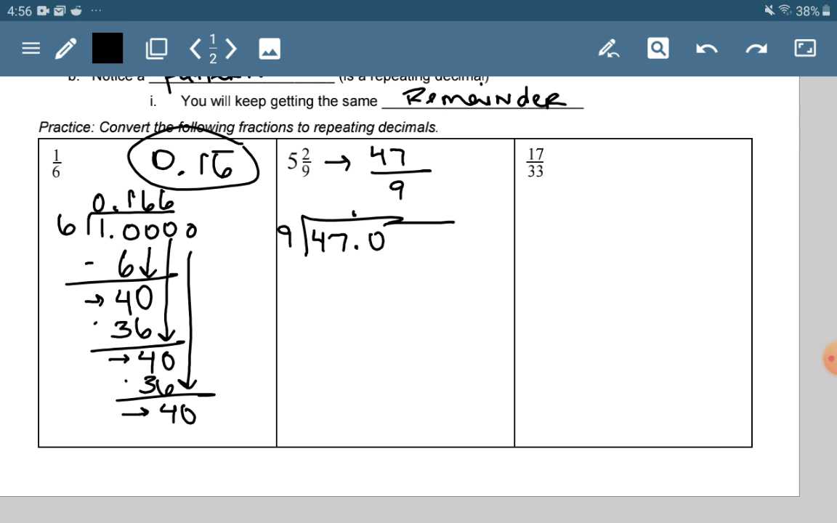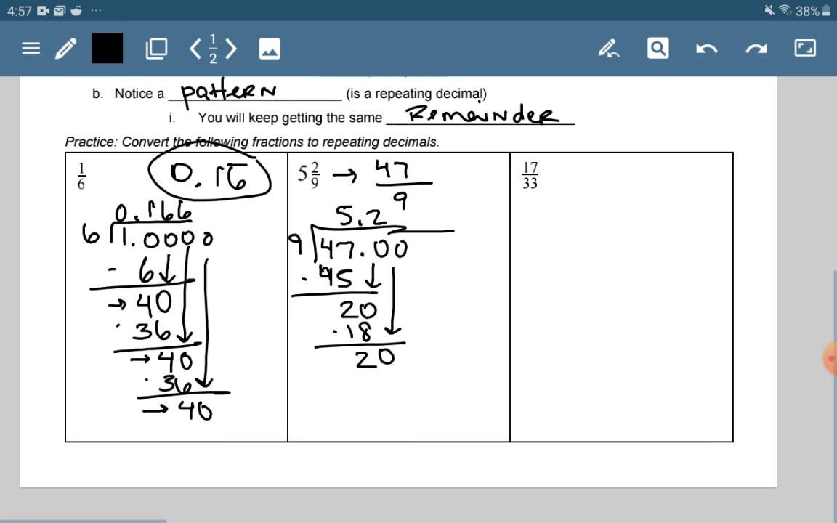9 cannot go into 4, but it can go into 47. It can go in 5 times. 9 times 5 is 45. When I subtract, I get 2 left over, and I bring down that 0. 9 can go into 20 2 times with 2 left over. I don't quite have a pattern yet, so I'm going to add another 0 to bring down. 9 can go into 20 2 times